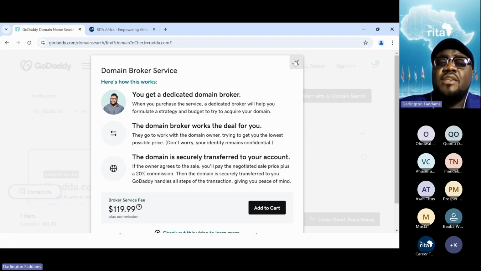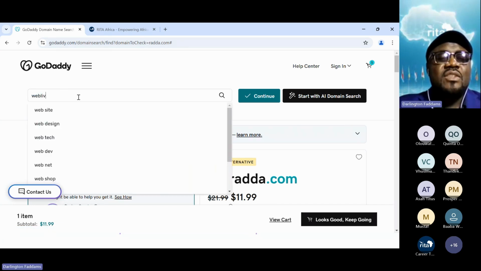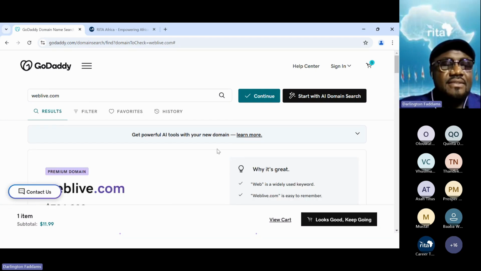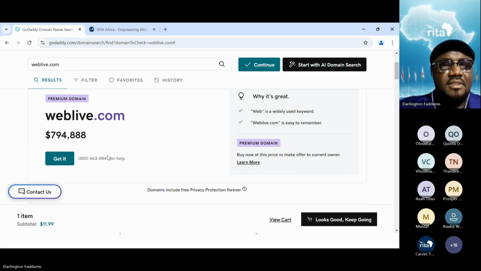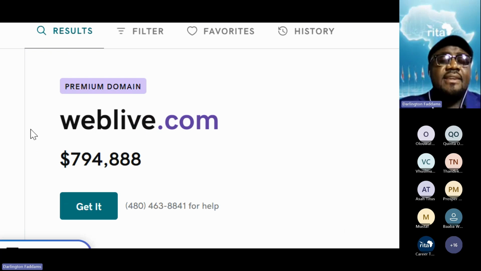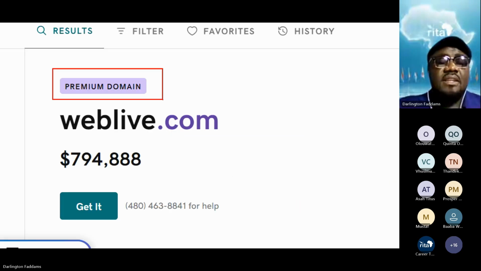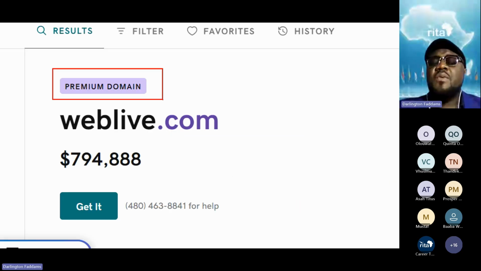Anytime you search for a domain and you get the tag premium domain, let me look for another name, weblive.com. Anytime you see premium domain, what it means is that this is not the actual registration cost.